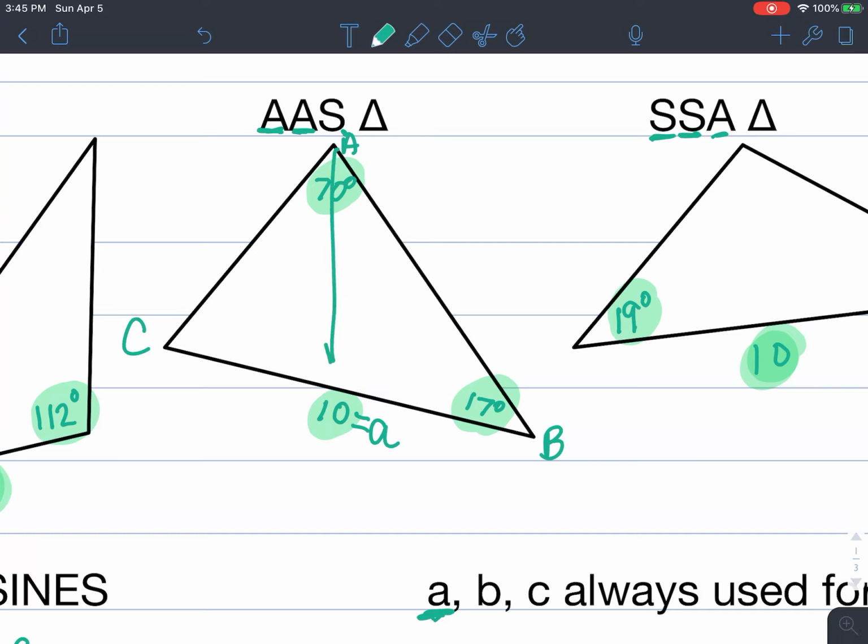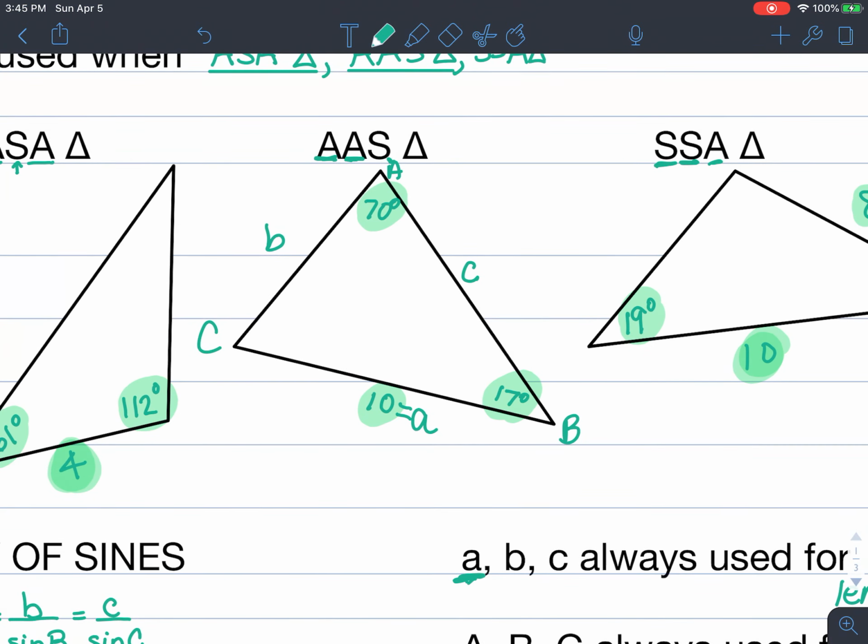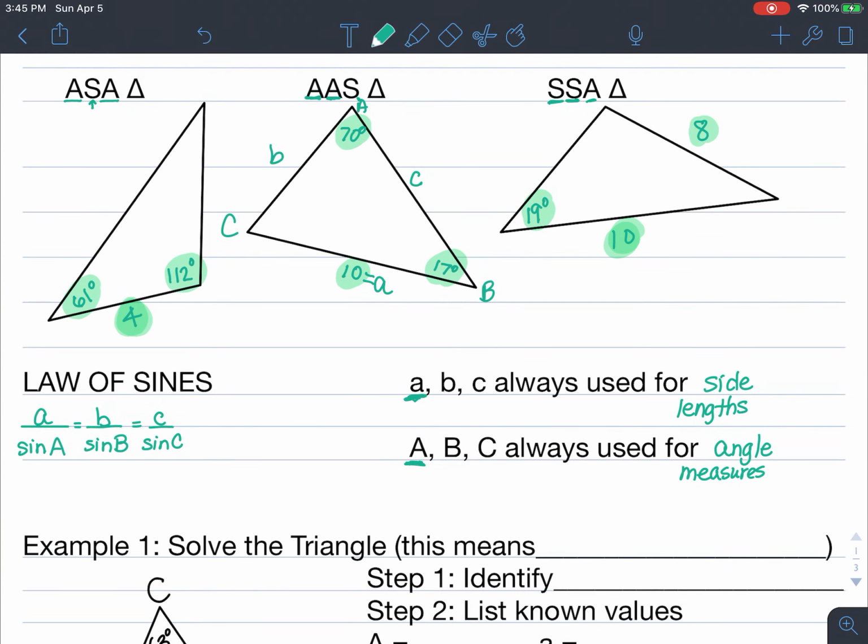See, it's the side that's across from it. And so side little c would have to be over here, and side little b would have to be over here because, again, it's across from angle B. So a side that has a little letter on it doesn't touch the angle who has the matching letter. Okay,